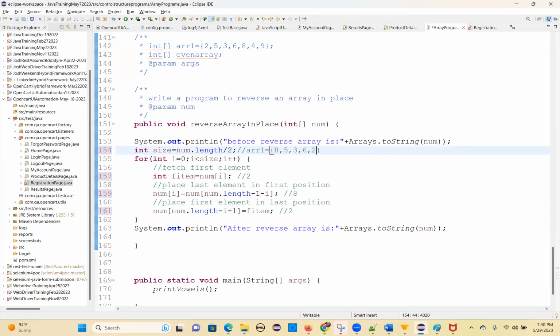Done. Now next what will happen? The I value increments, right? I value becomes 1. So 1 means, what is the 1? This is 0, this is 1. Array of 1 means what is the value? 5. So now count this value. Num dot length is 5. 5 minus 1 is 4. 4 minus 1, I value is also 1. 4 minus 1, how much? 3. So 0, 1, 2, 3. So it becomes